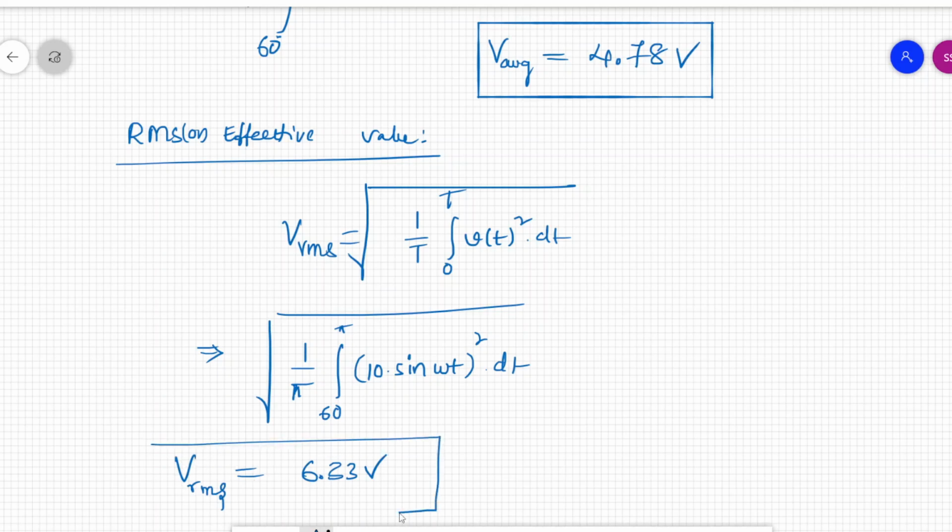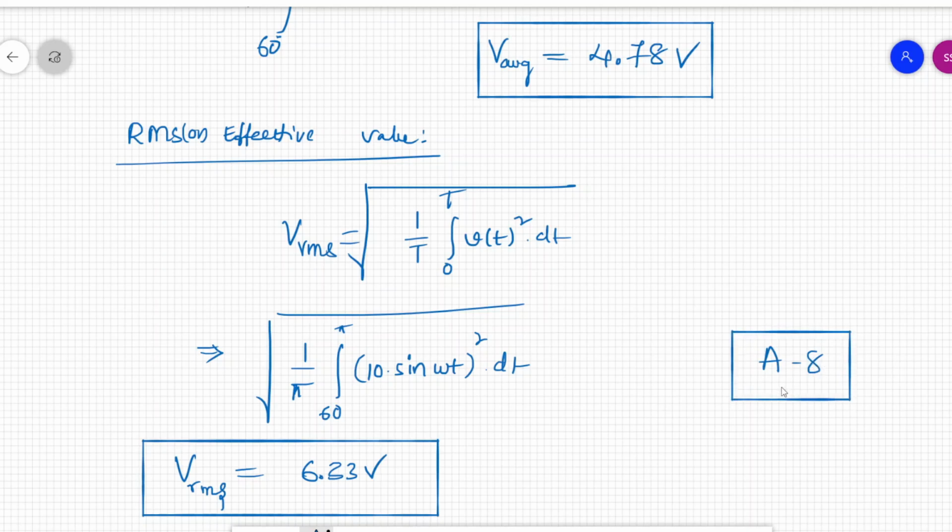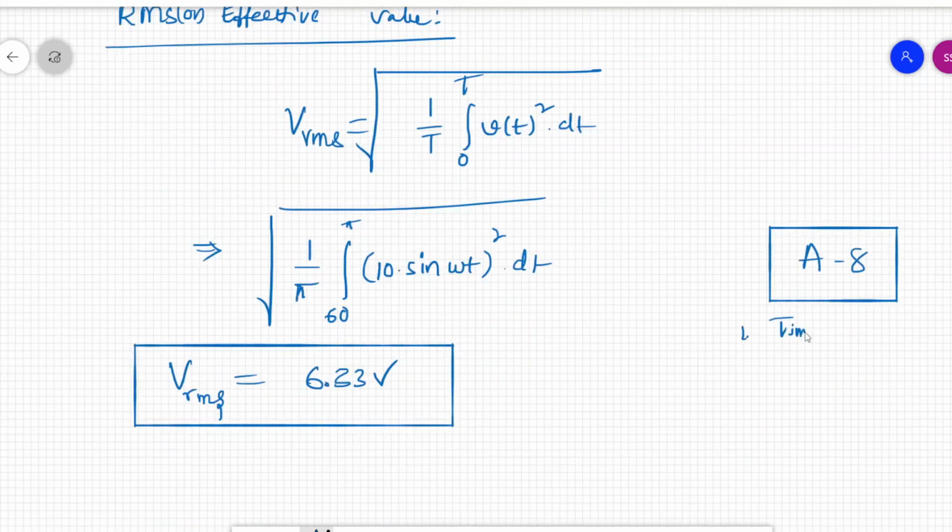Okay, so you need to prove this. I want you to write this down in the notes and solve it in the notes, and I'm giving you a few more problems as assignment. So that is assignment 8. Okay, we didn't have an assignment for a while, so I'm giving this assignment 8. Here I'm giving one problem on time domain analysis of RC, RL circuits, and a few more problems to find RMS and average values. I will upload the questions. Okay, so this is about finding RMS and average values for a given waveform. Okay, thank you.